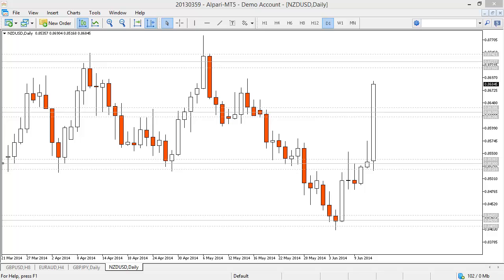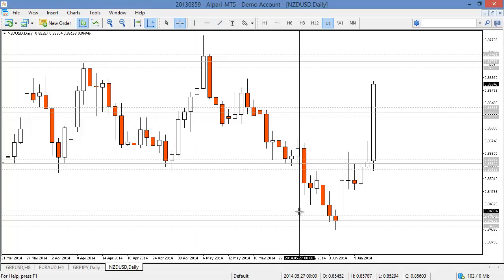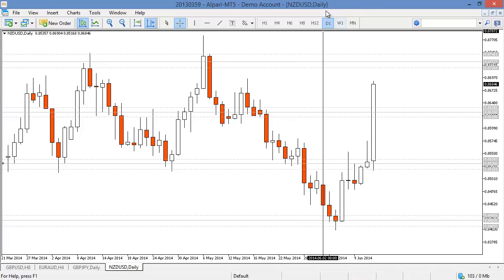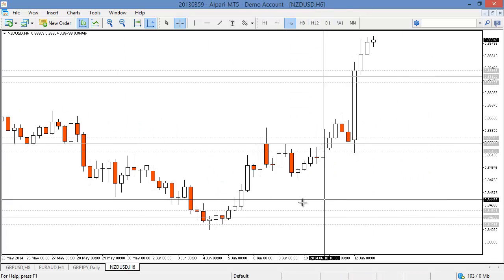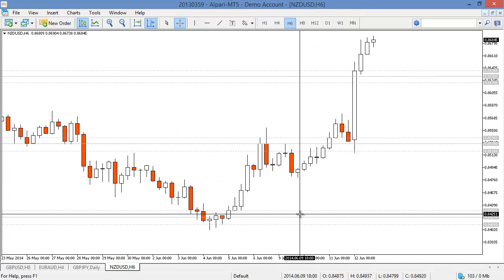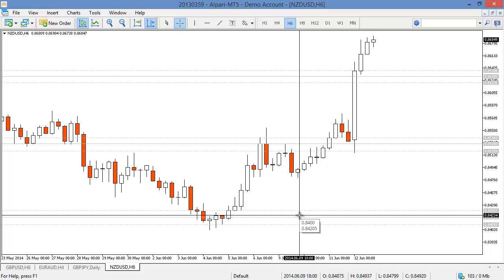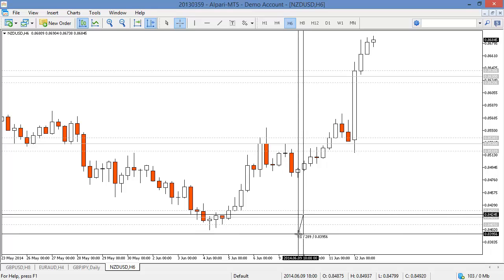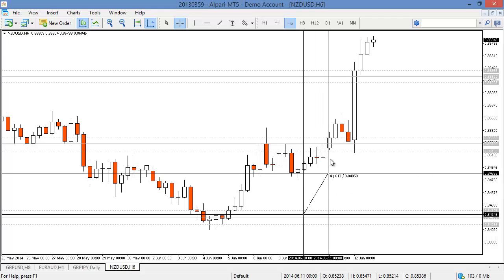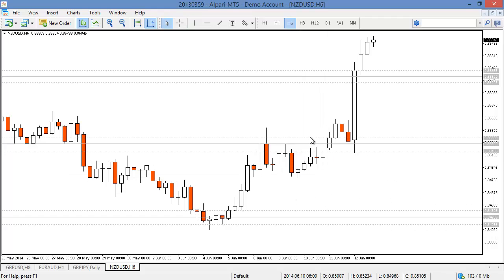So yeah, Viet entered on the 6-hour. Your entry was 84.25. We'll switch to the 6-hour and check out how Viet took this trade. 84.25. So your entry was all the way down here. Nice. Stop loss 84.00. So you had a 25 pip stop loss. You had multiple targets for profit. I can't remember exactly what they were, but